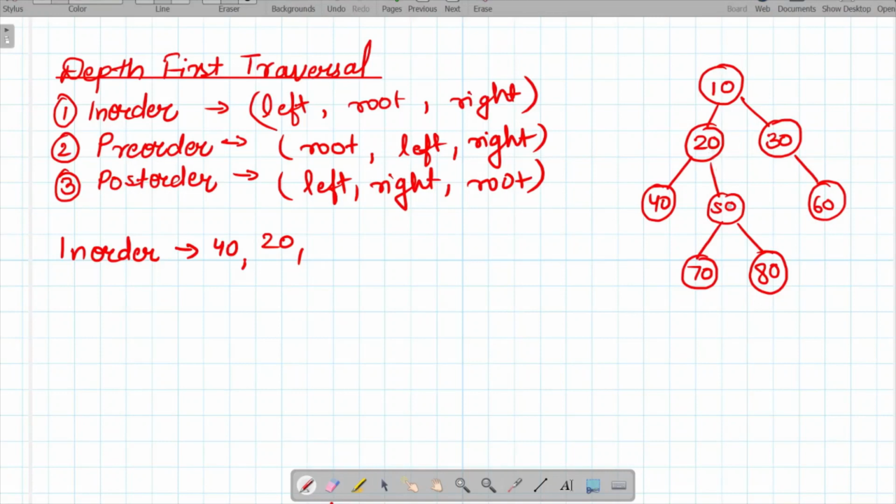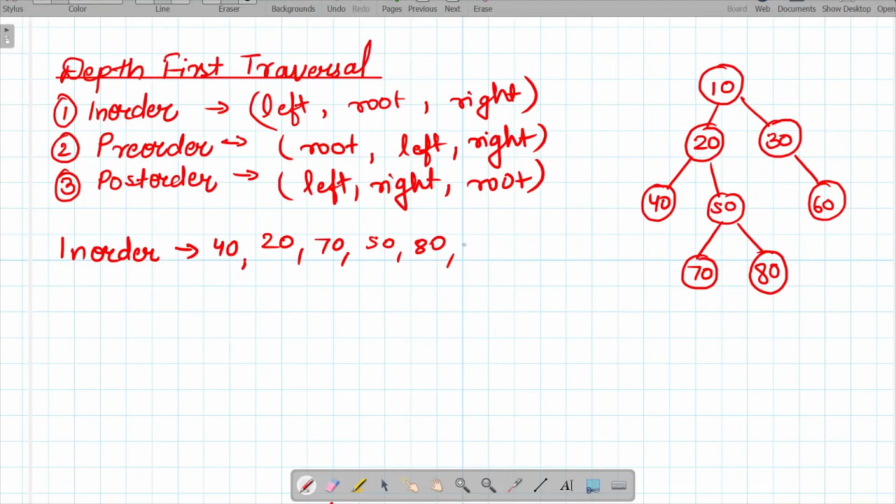When we go to this subtree, which is 50, 70, 80, we will move towards the left, which is 70. So we will print 70, then we will go back to the root, which is 50, and then we will come towards the right. So similarly we have traversed the right subtree of 20. So this subtree which is having the root as 20 is also traversed completely now. So now we will go to the root, which is 10.